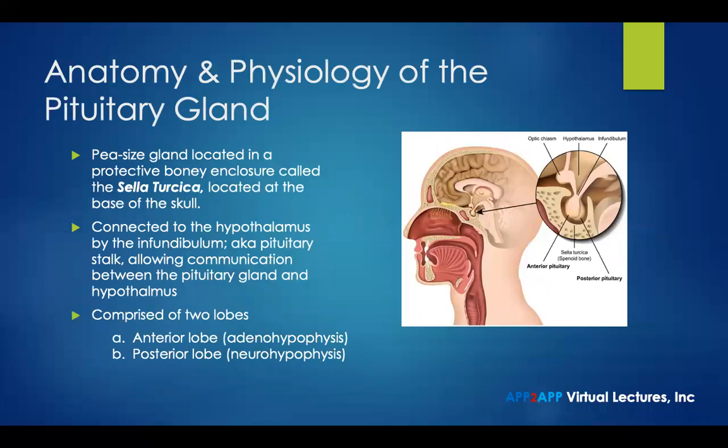We'll begin today's session with a brief discussion regarding the anatomy and physiology of the pituitary gland. As you are aware, the pituitary gland is a pea-sized gland located in a protective bony enclosure called the sella turcica, which is located at the base of the skull. The pituitary gland is connected to the hypothalamus by the infundibulum, also known as the pituitary stalk, which allows communication between the pituitary gland and the hypothalamus. The pituitary gland is comprised of two lobes, an anterior lobe known as the adenohypophysis and a posterior lobe known